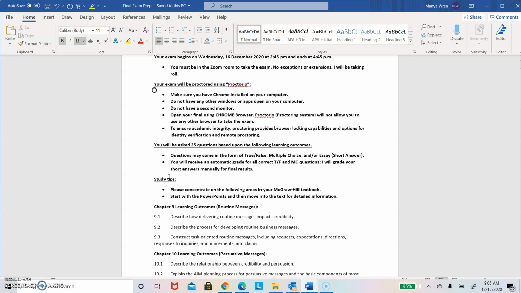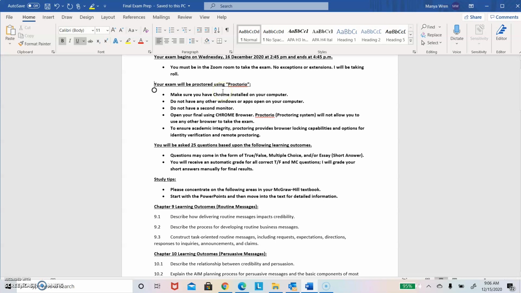Your exam will be proctored using Proctorio. And the exam will be posted to the content page of Beachboard. So you'll just access the exam in weeks 16, 17, just like you would access any type of McGraw-Hill assignment, and you will be prompted to go to McGraw-Hill and launch that browser. You'll want to make sure that you are